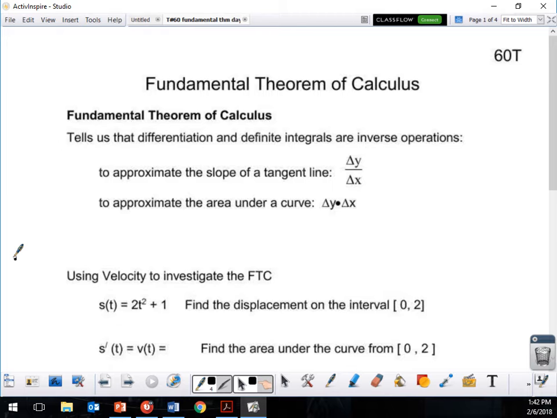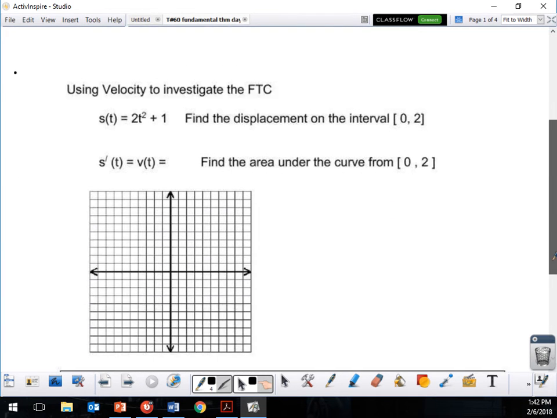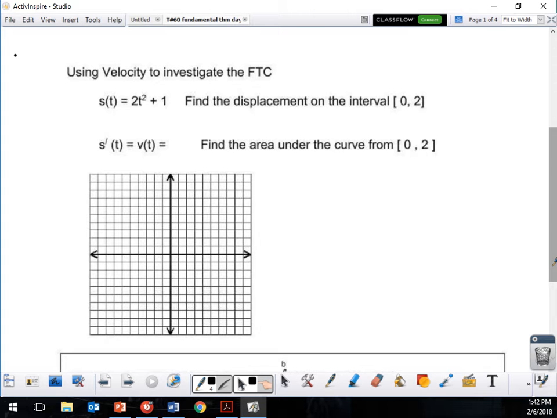So using velocity to investigate the FTC, what did I say FTC is? Fundamental theorem of calculus. Ooh, look at it. Someone paid attention. Or we just read the title of the note. Okay, using velocity, find displacement on the interval from 0 to 2. If I were to look at a graph, because S of t is my